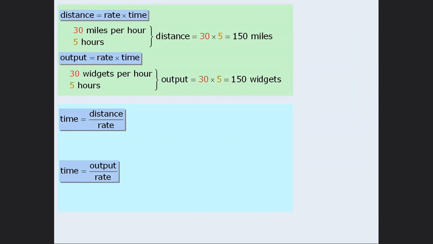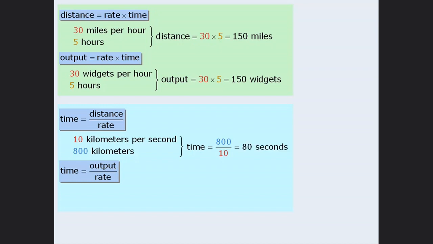Now consider these two situations. First, if a meteor is traveling at a rate of 10 kilometers per second, we can calculate the time for it to travel 800 kilometers by taking the distance of 800 kilometers and dividing it by the speed of 10 kilometers per second to get a time of 80 seconds. Compare this to a situation where a machine can produce toys at a rate of 10 toys per second. To calculate the time for the machine to make 800 toys, we will take the desired output of 800 toys and divide it by the production rate of 10 toys per second to see that it will take 80 seconds